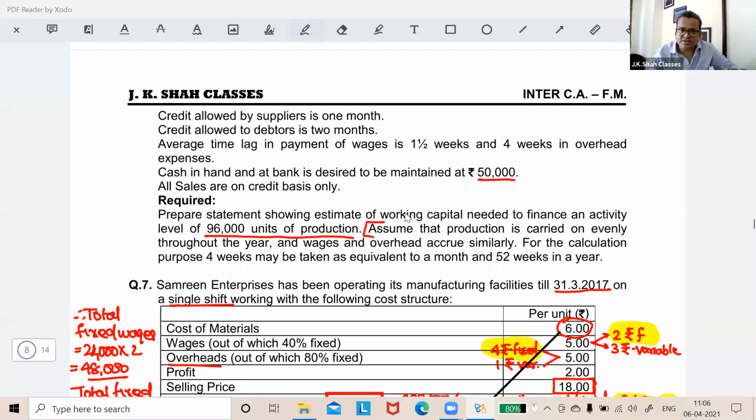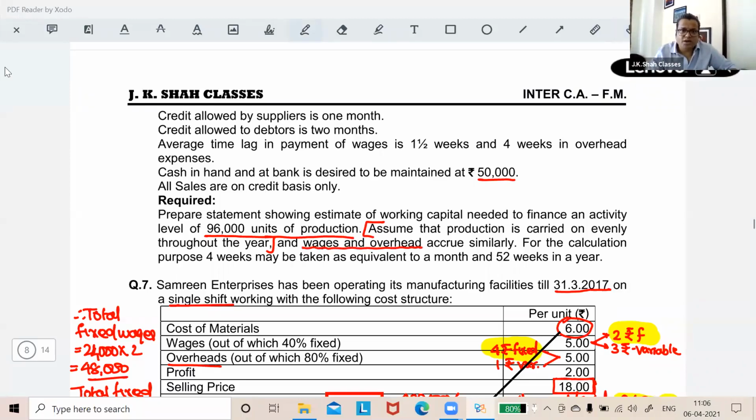Guys, now this point has come a number of times, right? And we know it has no implication on our solution. Even if this is not given, we always assume that it is going to be uniform throughout the year. Am I very clear on this? Okay, fine. Now,